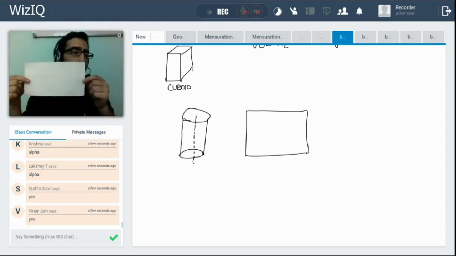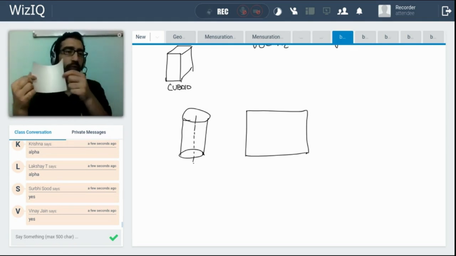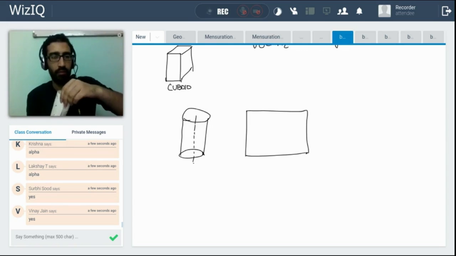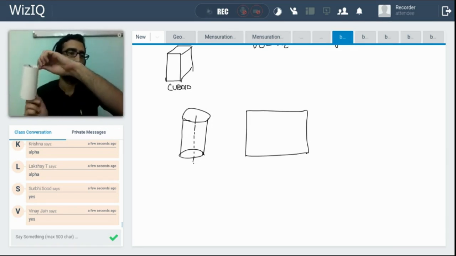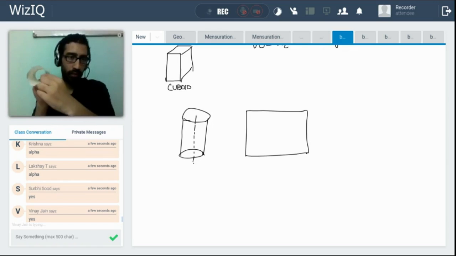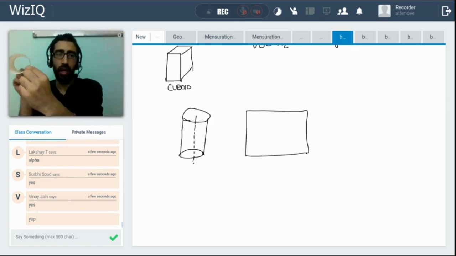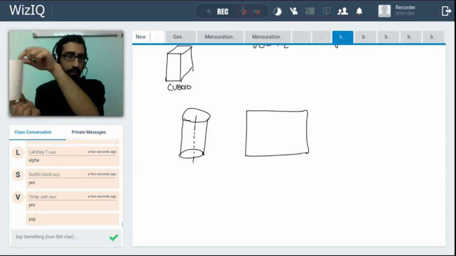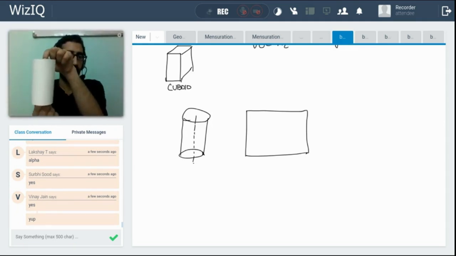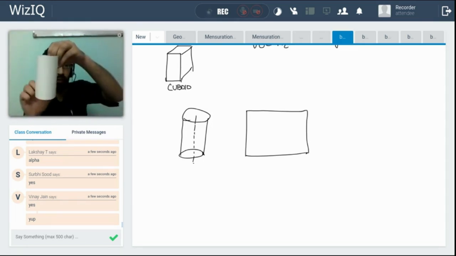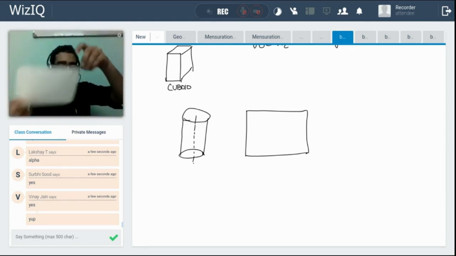This is a rectangle, clearly. Now, if I were to fold it along the length, it would become a cylinder. This is a cylinder now. You get a circular base, and this is the height. So what is happening essentially is, if I were to now unfold it,